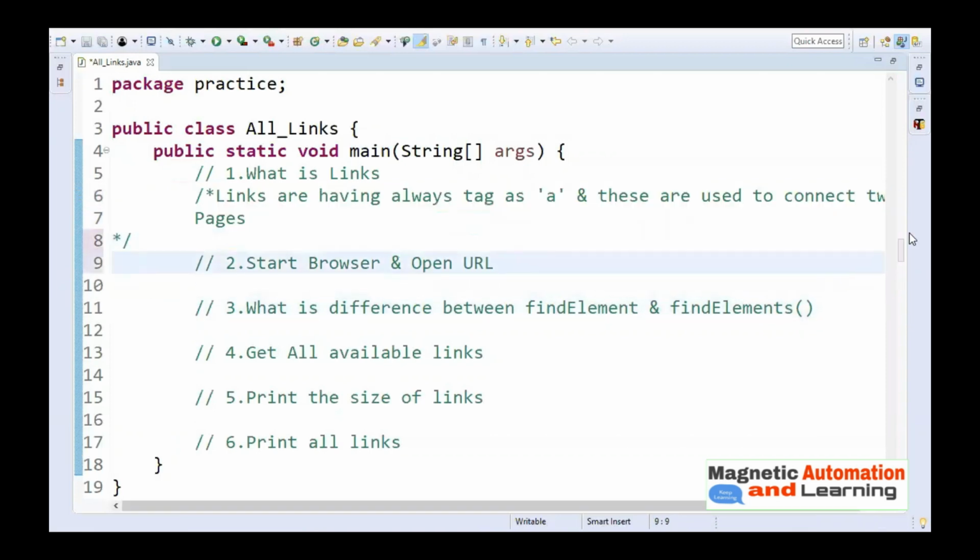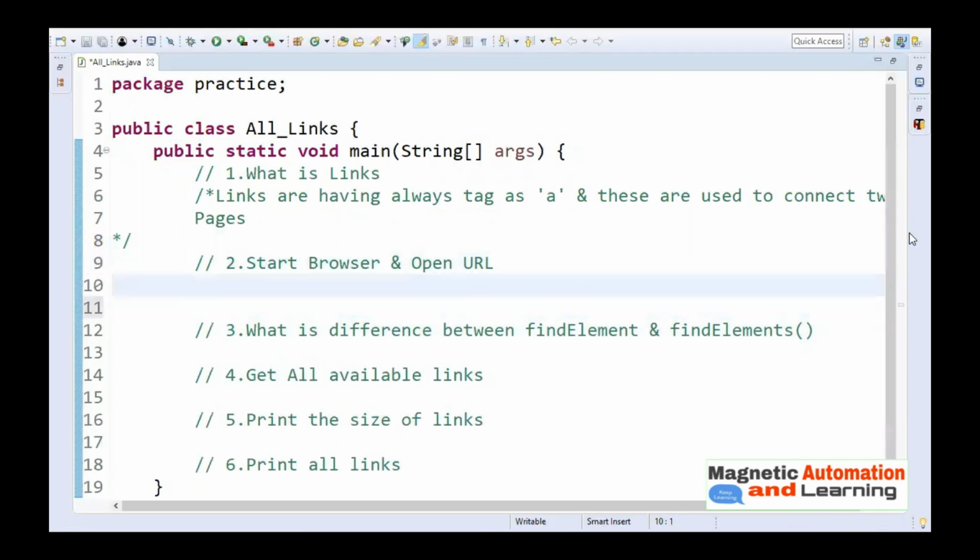Now next thing we'll do, we'll start our browser and open the URL. By using system property, I need to set the path of my executable driver. So System.setProperty, webdriver.chrome.driver, if you want to start a Chrome browser, and here in the value you need to pass the path of your executable ChromeDriver.